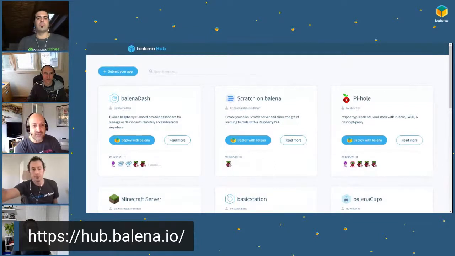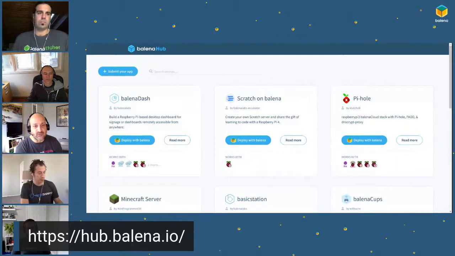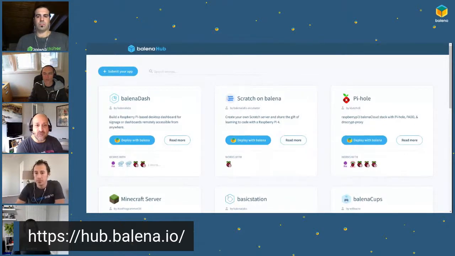community projects. And the process for putting your apps in the hub is pretty straightforward, and Kyle will be talking about that as well. But it's a great place to not only get some visibility, but to easily share your projects with developers anywhere. And with deploy with Balena capability, you can really almost guarantee success for your users, because everything is baked in. And you can see here, there's a couple cool features with the Balena Dash that